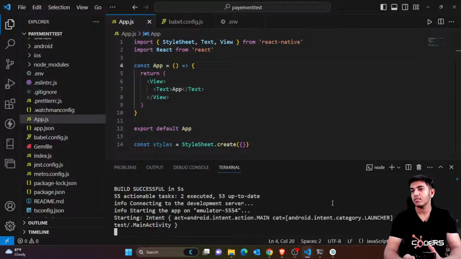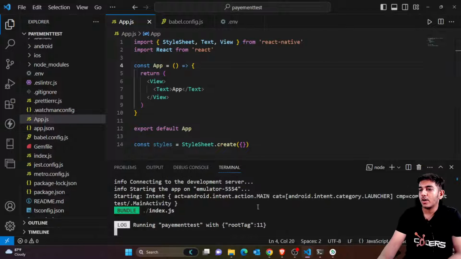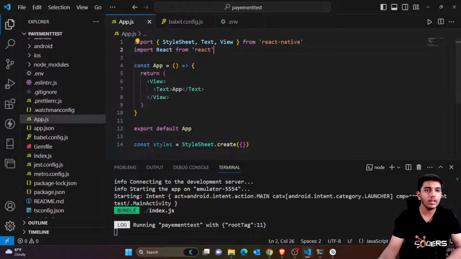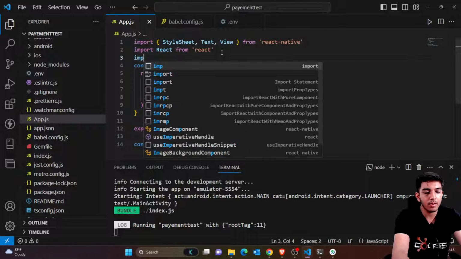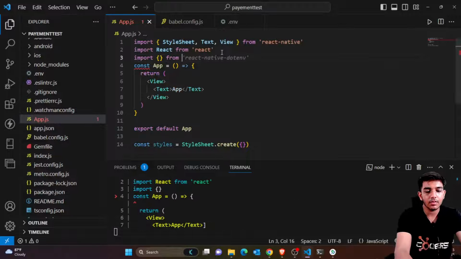All right. So as you can see, it has started and I think it must work. So what we would do for testing, we would simply import the env configs which we are using. For that, we will simply type import and the two variables which we have created from